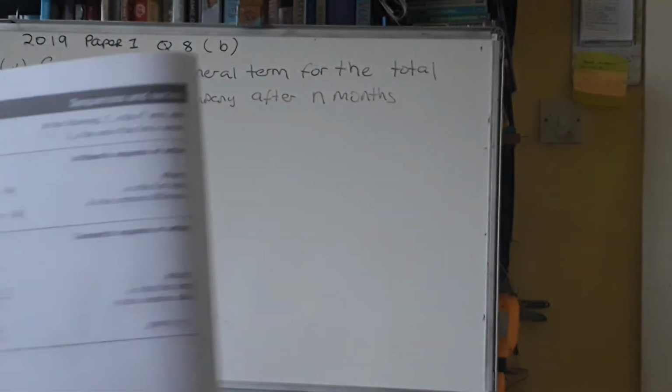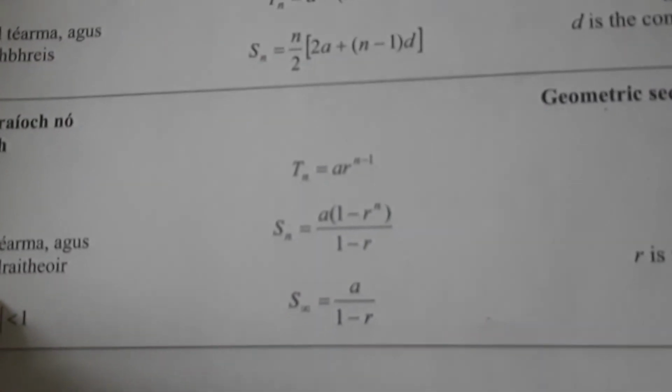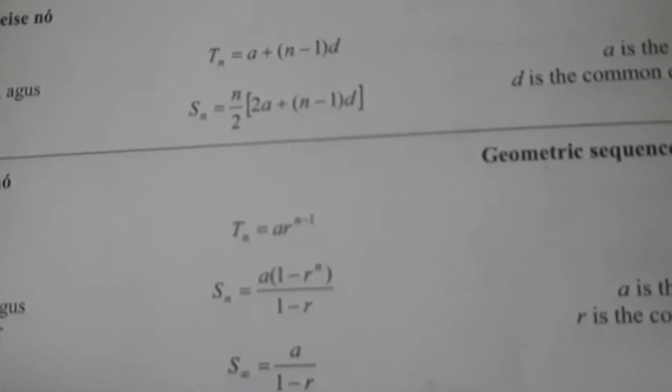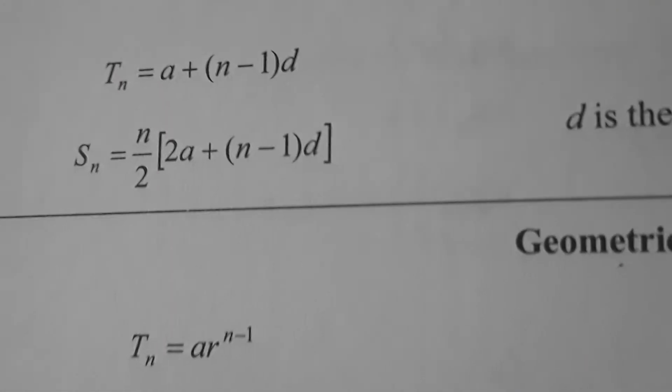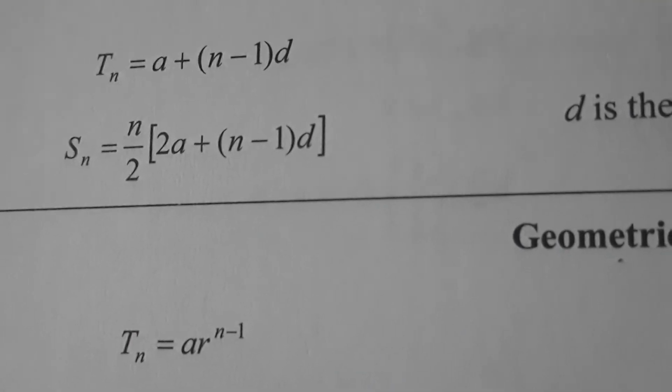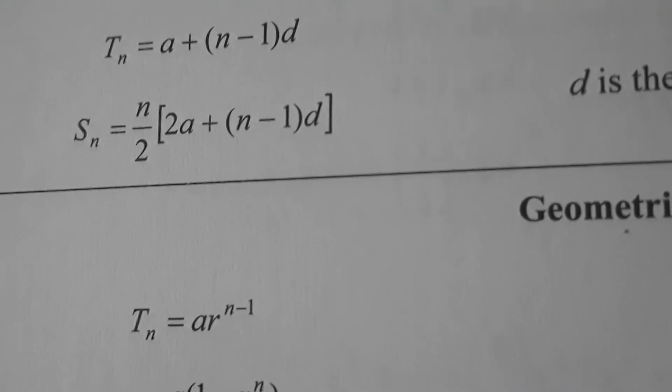Okay, so the last time we had Tn. This time we're looking for Sn, and Sn is just underneath it. So you have Tn there and you have Sn underneath it. So that's what we're going to use. We're going to use that formula, and that is on page 22 of your tables. Okay, so let's start by writing down our formula, which is that Sn